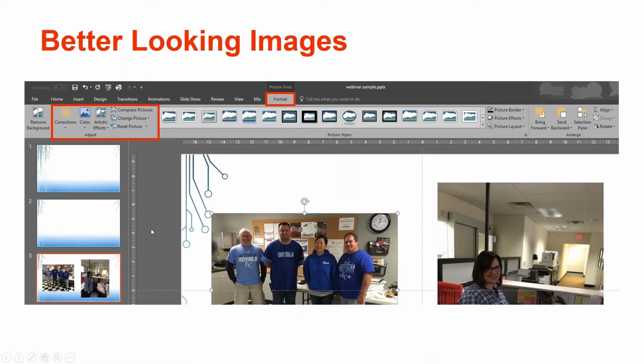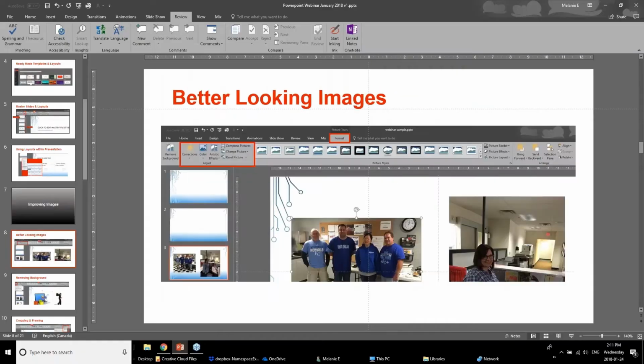Now, let's talk about improving images. Famously they say a picture is worth 1,000 words. I would challenge that in the sense that if the picture is not great, it is not worth 1,000 words. And I have seen this countless times in presentations where people recognize the fact that people like seeing images in their PowerPoint presentations, but either the photographs are not clear, they're too small, they're too many,